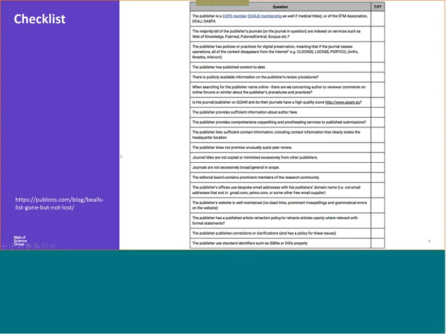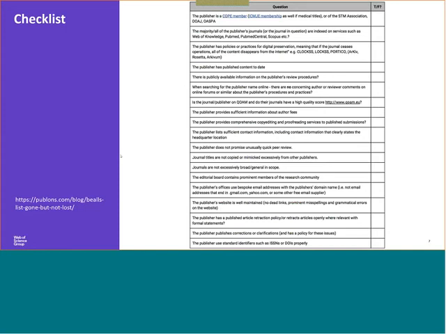For Publons, which is a tool on Web of Science as part of Web of Science Group, we have a checklist for all of you, and this was published a few years back after Bill's list was defunct.